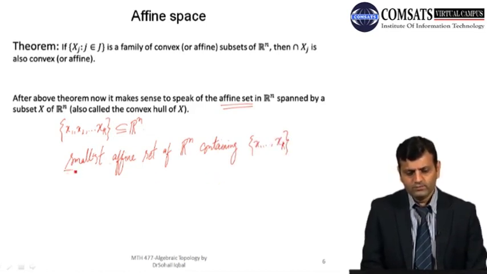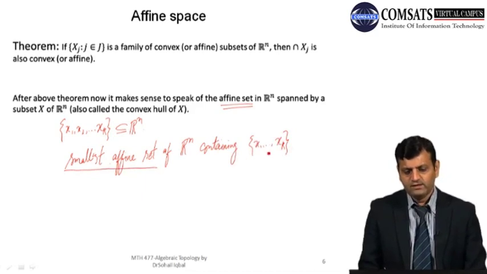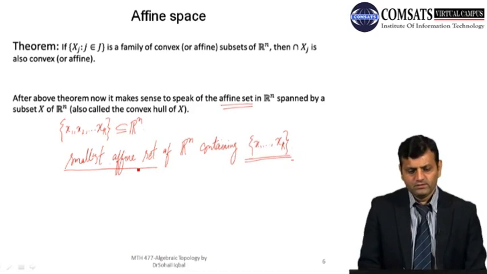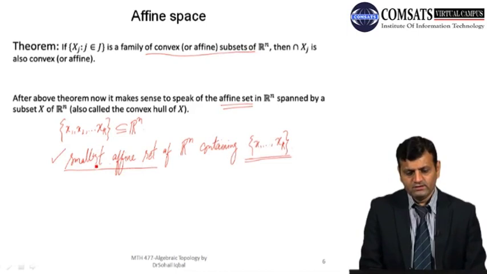Okay, so this smallest affine set containing these points is the affine set spanned by these points. So why this word smallest, and this intersection result? Why are they related? Because now I can say that the smallest